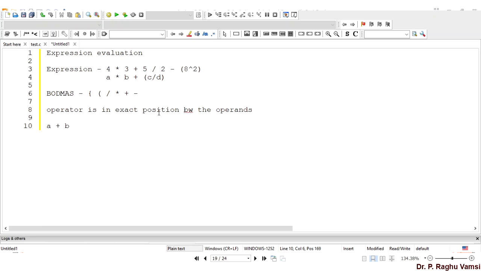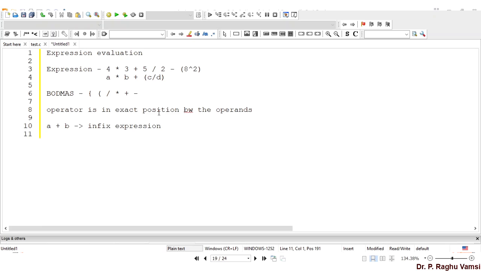Whenever the operator is situated between the two operands, this expression is said to be an infix expression. That means the position of the operator is in between the operands. Based upon the operator position, the expression type will be decided. So this general way of writing like a plus b is said to be an infix expression.